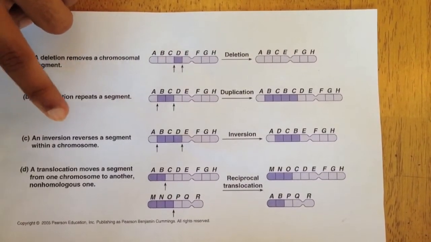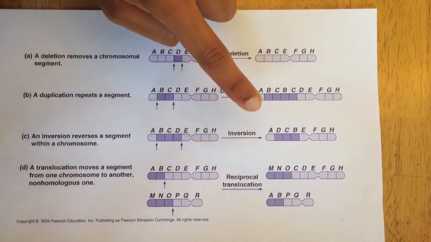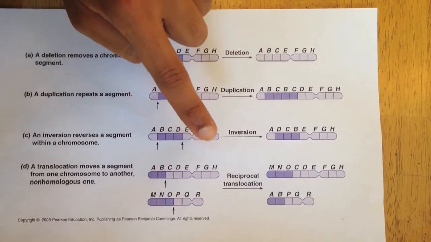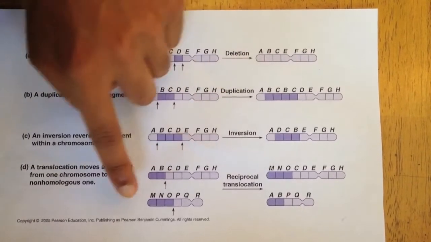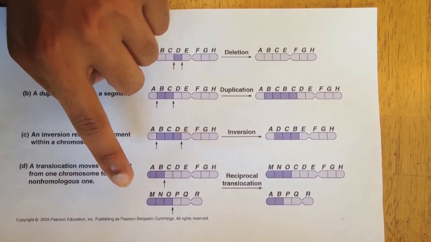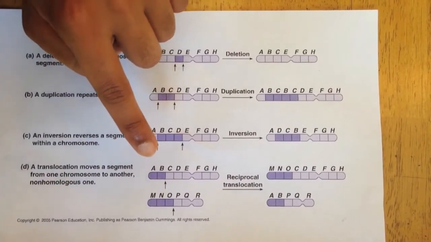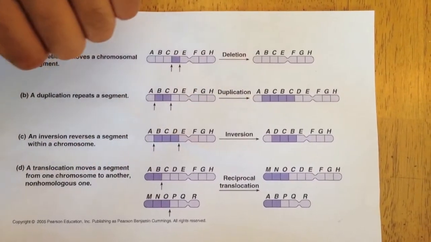Next we have translocation. Look, we have that AB, then we have the MNO, and then what happens is they're flipped. The MNO goes over there, the AB goes over there. The places are reversed, or they take each other's places. You know, that's called translocation. That's our DNA alterations right there.